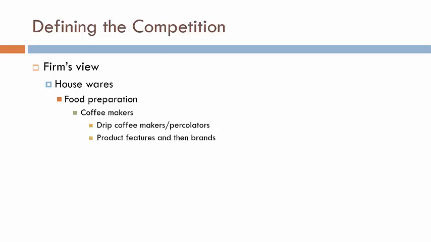The next class is your product class. All the different products that belong to the product class or product category, those manufacturers are also your competitors. And finally, there is the industry in which you're competing. That's the big competition that you have to face eventually. So that's one approach.